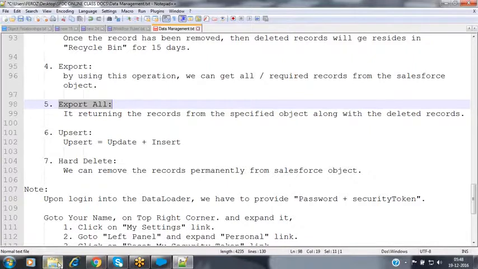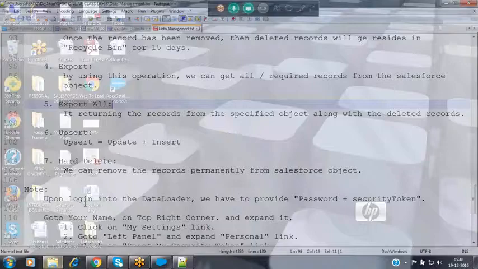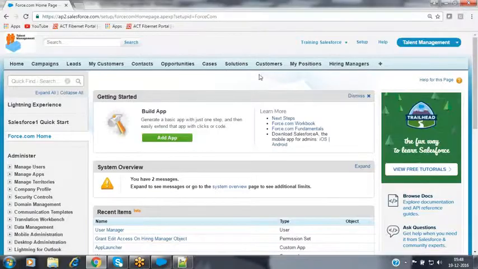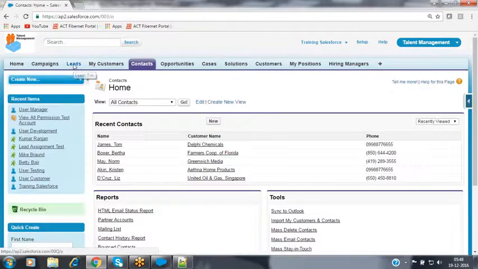Now let's take a simple example. Let's take the lead object.